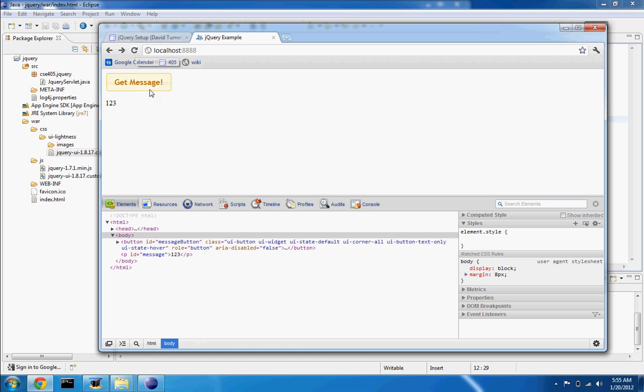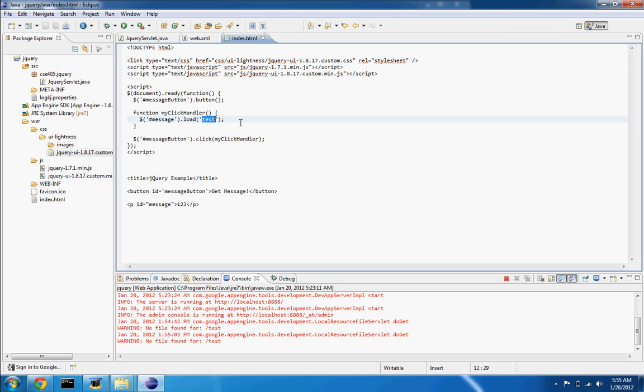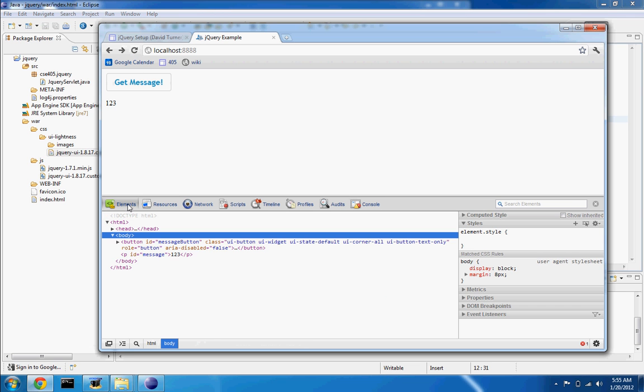Let's click Get Message. Before I click Get Message, I want to show you that if we go to jQuery, it says Hello World, okay? So that's in fact what it retrieves, and the browser can directly request that. But what we're doing is we're having jQuery retrieve that web page and replace the contents of this paragraph with what it gets. Let's try that. We'll click Get Message,